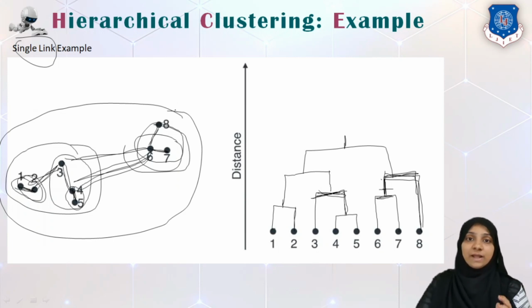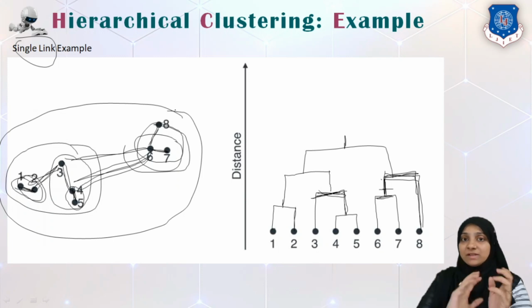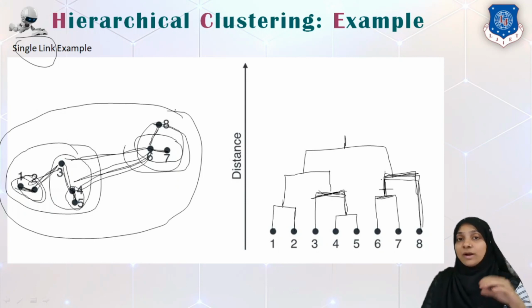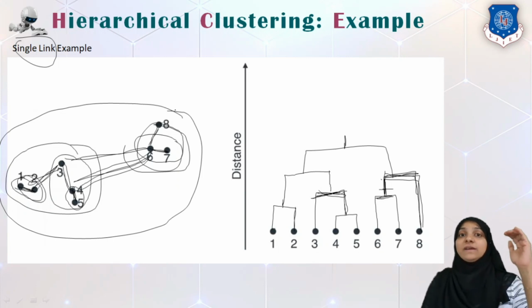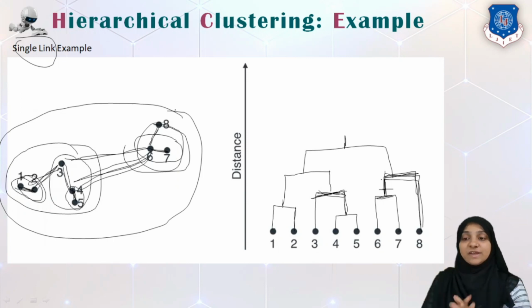Now, this is what the algorithm does. It starts with each individual point as an individual cluster and groups together clusters which are more homogeneous to each other, or having the lesser distance with each other. At the end, it stops when all the points are considered in a single cluster. So here in this case, we have put all 8 data points into a single cluster. So this is the end of my algorithm.